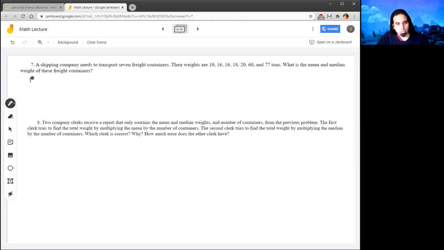So let's do that. So the mean is the total divided by how many? So if I add these all up, assuming I don't hit anything wrong in my calculator, I got 217. And I divide by 7, and I got, oops, 31